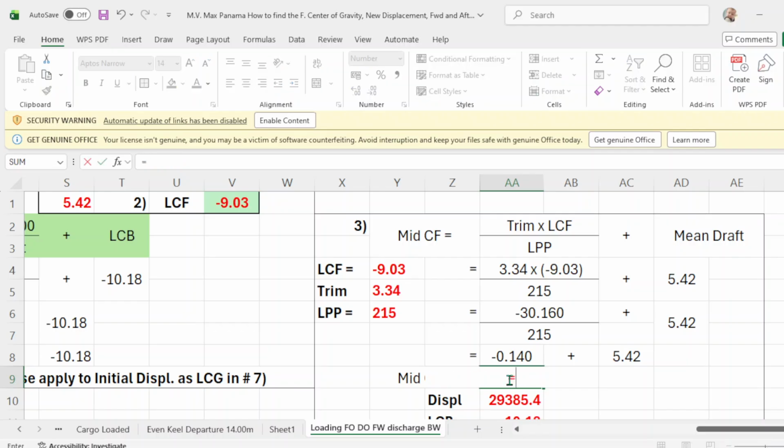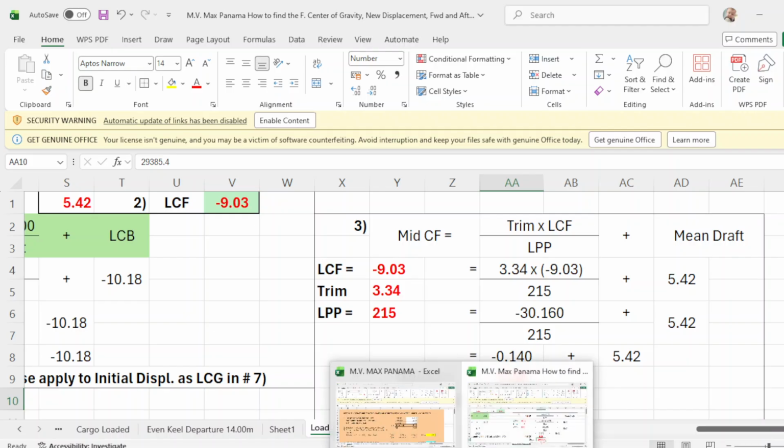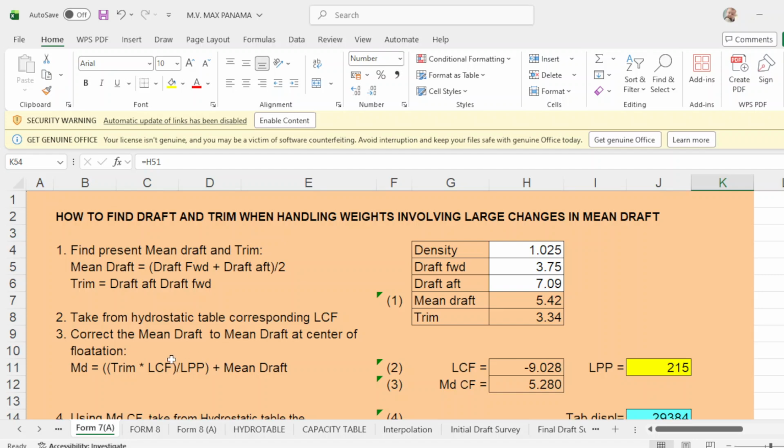So put here equals. Click this one. Then you said plus and click your min drop. That will be 5.28. Okay. That will be number 3. Okay. Number 3 will be mid center flotation is 5.28. Then number 4,